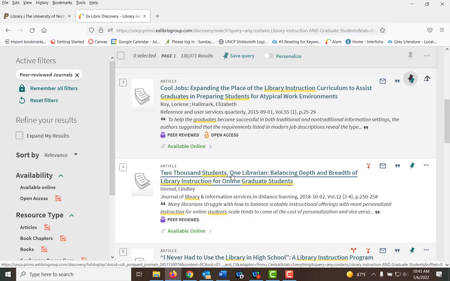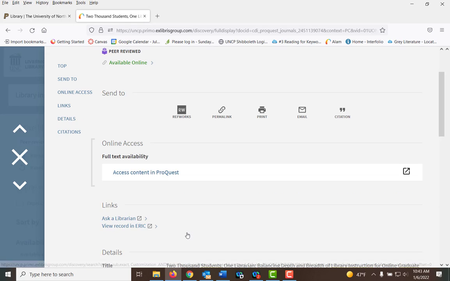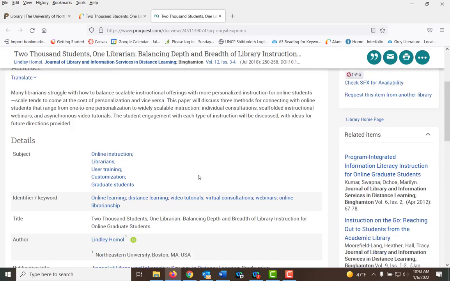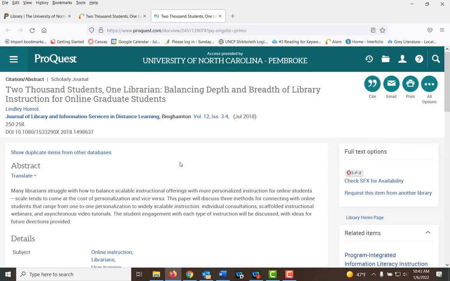And because you signed in, if I click here, available online, it will tell me the database that it is in. This is the database company. And I can simply click here and it should take me into the article. Here's my article. Well, no, here's the record. So apparently, even though it said available online, it is not. So that's when I would contact me, because theoretically, if it says available online, we should have it. So I don't know what's going on with this record.